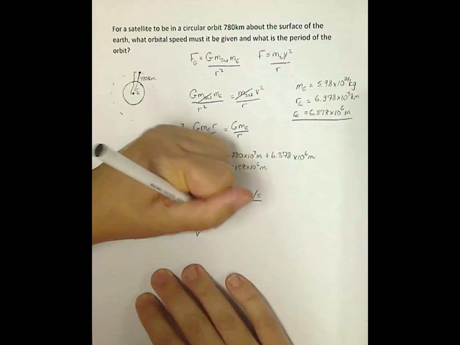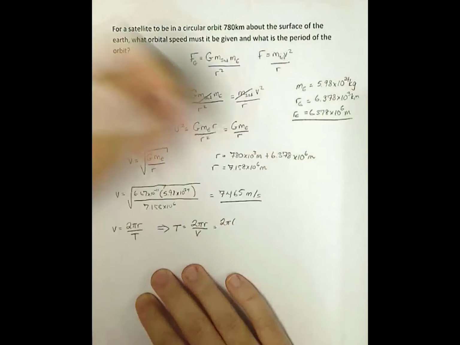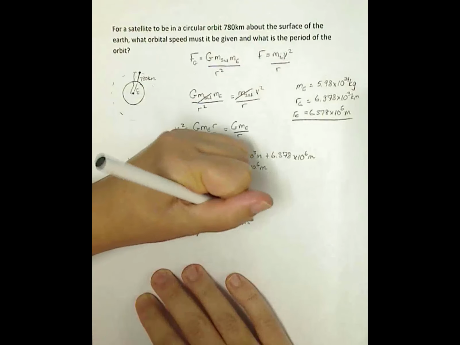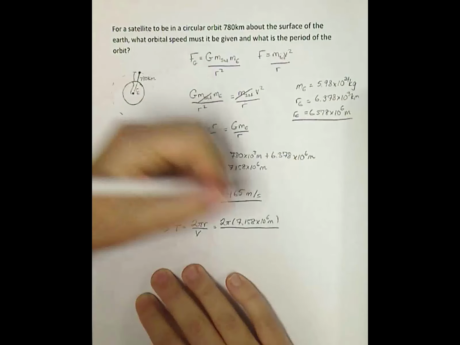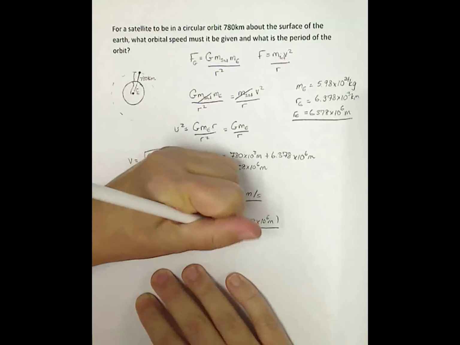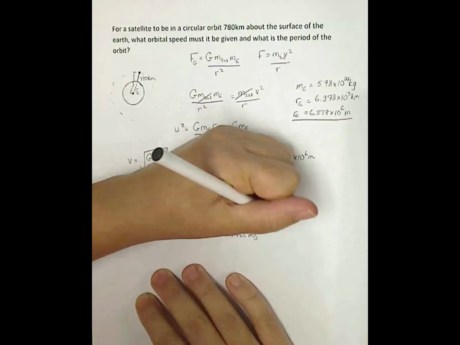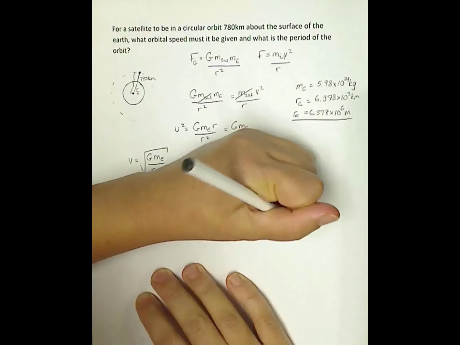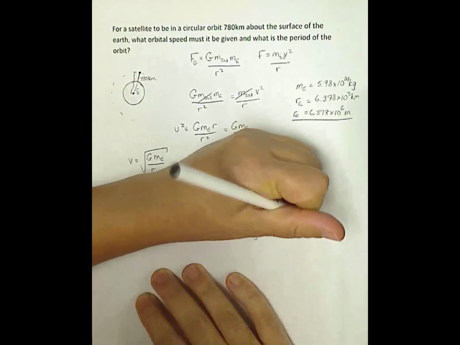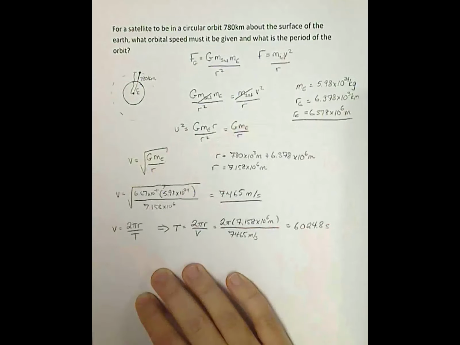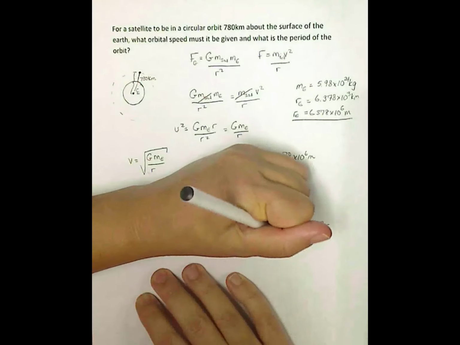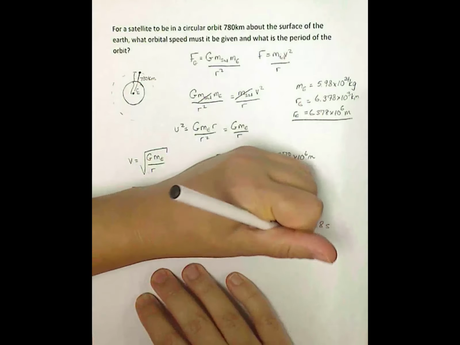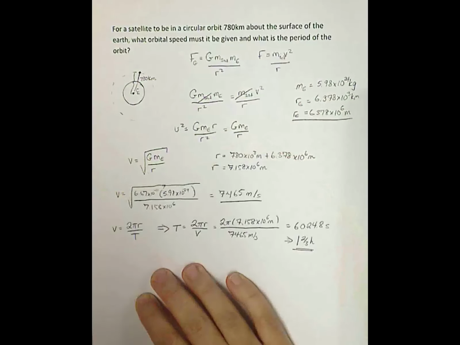Okay, so now it's just plugging in the numbers. So put in our radius, 7.158 times 10 to the 6 meters. Our speed, which we just found, 7,465 meters per second. And we get a period of 6,024.8 seconds. And we know that there's 3,600 seconds in an hour, and this comes out to 1 2/3 hours. Okay, so this satellite's going to go whizzing around the Earth